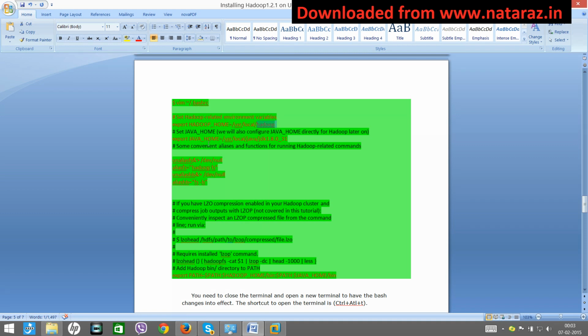You have to configure JAVA_HOME also here, and some conveniences which can be used while using the Hadoop command. And finally, export all the path. So all these statements which are starting with alias are actually commands. So you can include them, you can ignore them, that is up to you. I'll copy the whole thing.